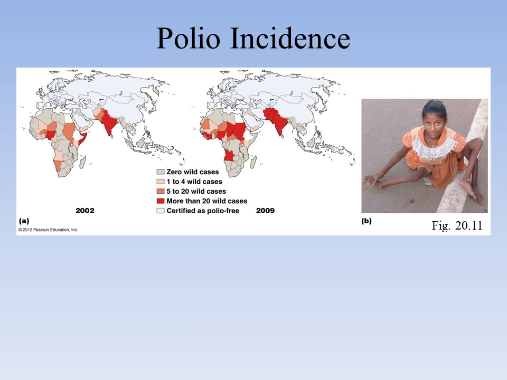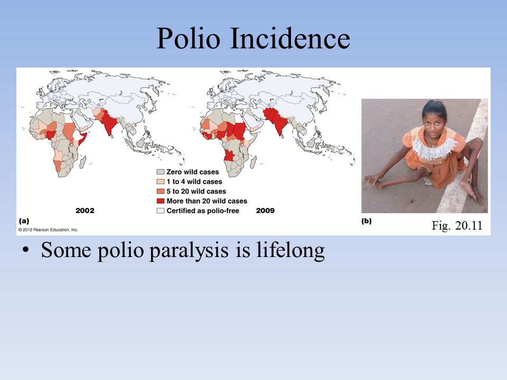All right, so this is a map showing the incidence of polio from 2002 to 2009. And so you can see that overall things have gotten a lot better. You can see a lot of countries are actually having 0 what we call wild cases or cases of polio. And some are even considered certified as being polio-free. But if you look, there are some areas. So India in particular has in the past been kind of the epicenter of polio. There's been a lot of problems with polio. However, India has actually been polio-free for a full 3 years now and actually is considering itself completely free of